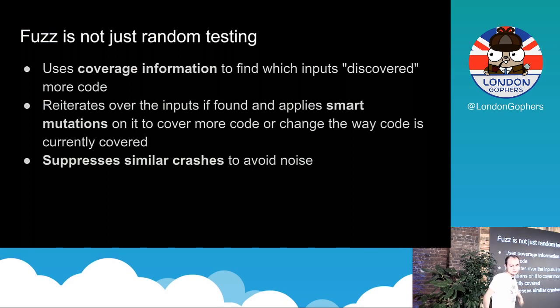One very important thing is that fuzzing tries to suppress duplicates. If I find that your library has a problem, for example, it doesn't parse long strings, and I feed it a gigabyte of data, and then I feed 2 gigabytes of data, I don't want those crashes to be duplicated, because it just makes it harder to debug. And go-fuzz has some smart ways to deduplicate crashes. Most fuzzers do, and sometimes they fail, so you get tens of thousands of crashes per second, and your computer blows up.